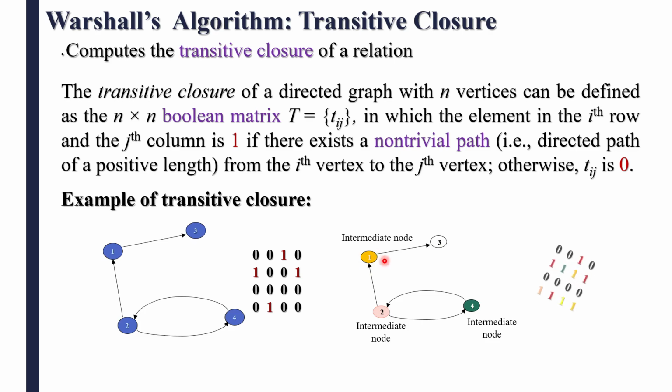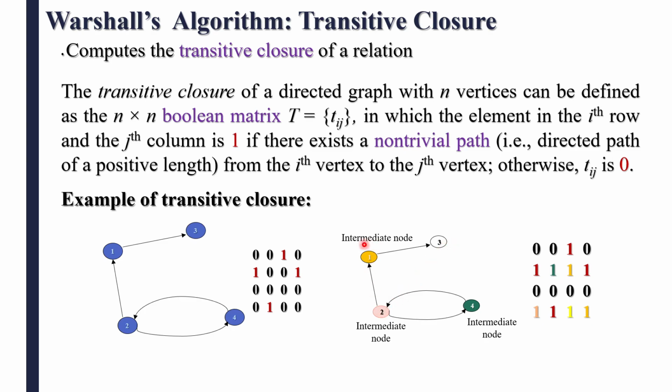Based on these intermediate nodes, you get a transitive closure that is totally different from this one, so this one is changed here. Earlier you considered that from 2 to 2 there is no path, since a direct path does not exist. But with the help of 4 as an intermediate node, yes, you will get the path: 2 to 4 and 4 to 2. That's why it is 1 now. In the same way, for 2 to 3, a direct path does not exist.